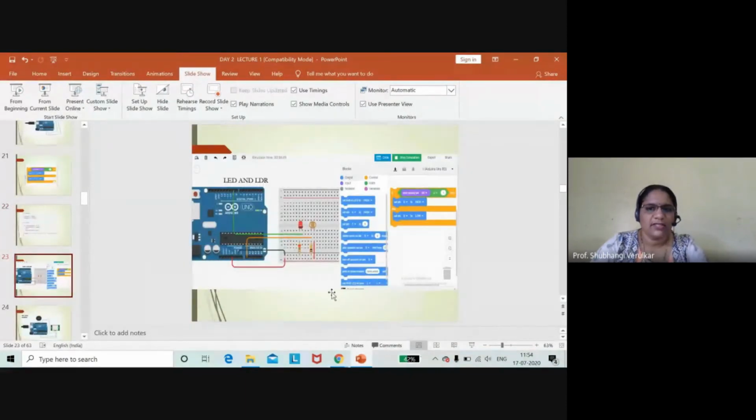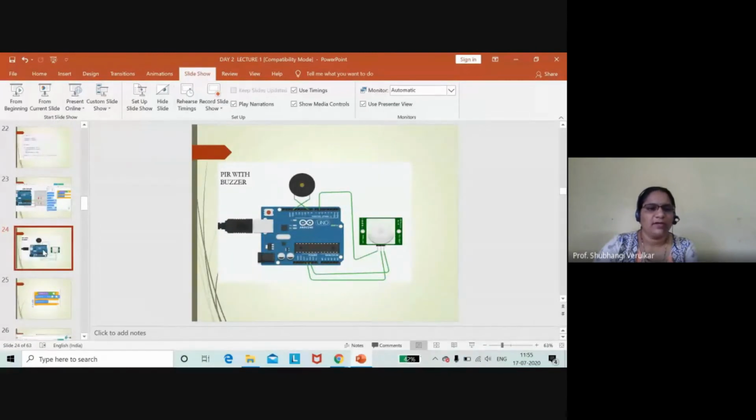Now this is a circuit where you can make a connection with your LED and LDR also. So I hope it is easy. We have done the LDR earlier, so you people will be able to do this. You can try at your place to connect your LED and LDR, and based on the intensity of light on the LDR, you can control a thing. Okay. So I'm skipping this. You just try and let me know how you will work it out if you want to connect the LDR and LED. So we will work on this circuit, which is very essential.